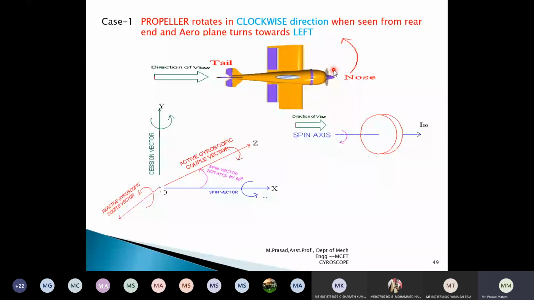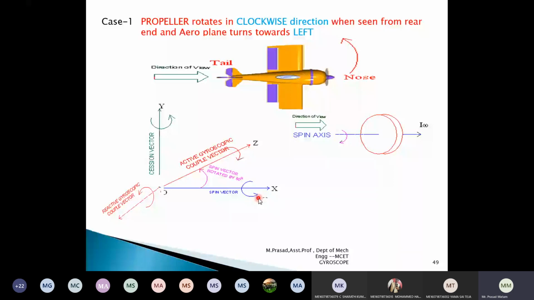When the rotor rotates clockwise, what is the spin axis direction? You can see the direction of the spin axis here, or angular momentum of the spin axis. The direction which I am showing here is moving forward, which is indicated with the help of the vector. This is the direction of the spin axis. The same I have represented in the vectorial representation. This blue line represents the spin axis, which is moving in forward direction and rotates in clockwise.